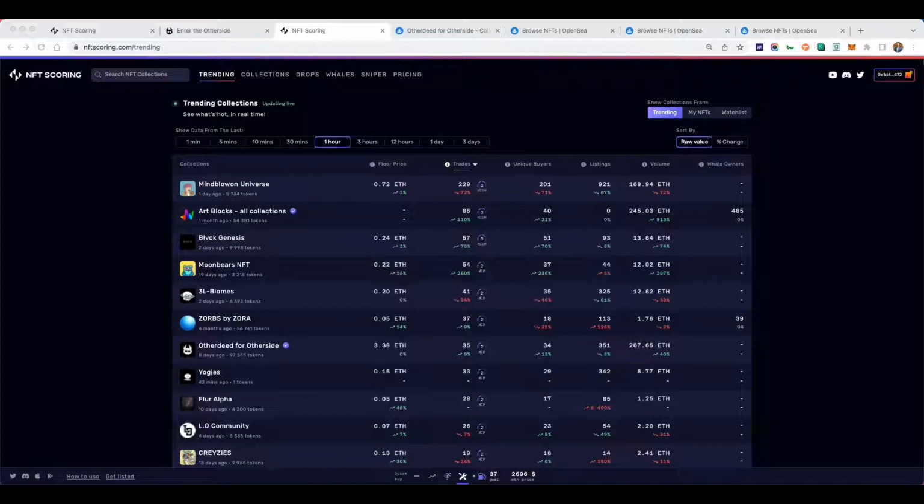I looked for a lot of tools out there and eventually bumped into this tool called NFT Scoring around September. What interested me the most was they created this metric called community score. Community score was a metric they used to identify how a community was performing over time. It was very interesting because no one was doing that. They would measure Twitter growth over time, Discord activity, and Discord reach, and based on that, they created an actual number out of 100. It could at least give you some signals to get into.